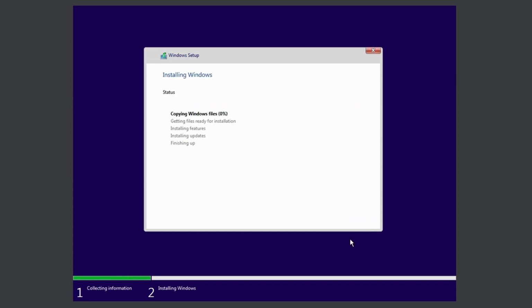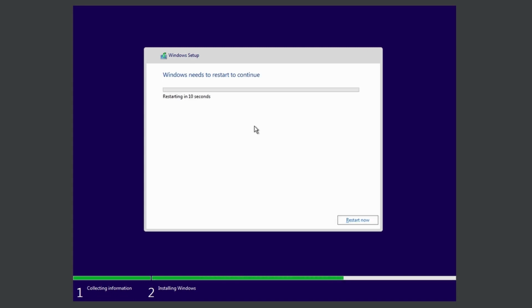This will start the installation of Windows 11. After the installation is finished, Windows will restart